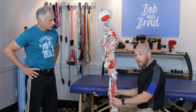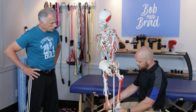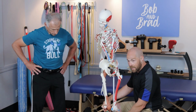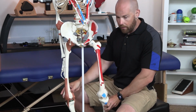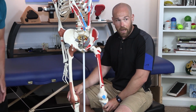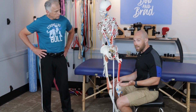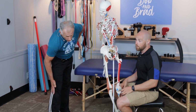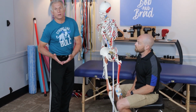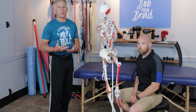Other issues that may happen from weak glutes is a valgus knee stance. That can mean you're knock-kneed, or your knees point in together. Some people can actually go varus, depending upon the individual and how they look. Also, if your glutes are weak, you can lock your knees, which is also problematic for arthritic people. That's right. It puts the joint at end range, we call it, and more force goes into that joint, causing bone-on-bone